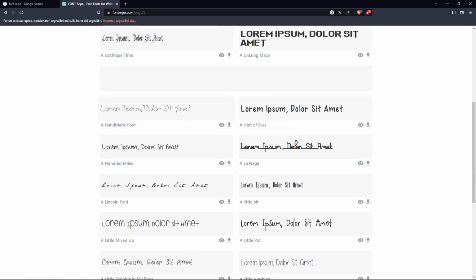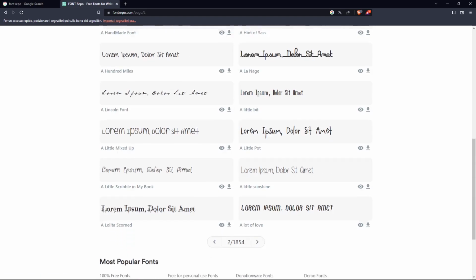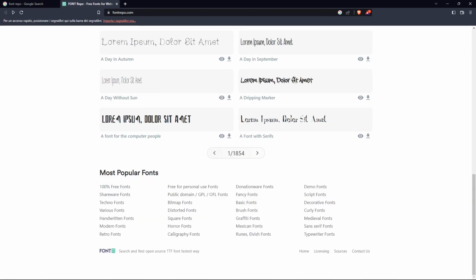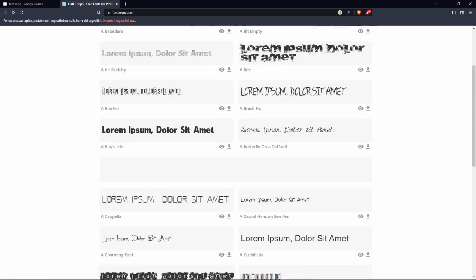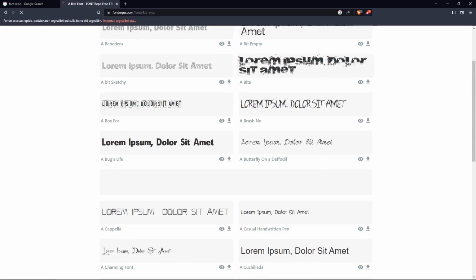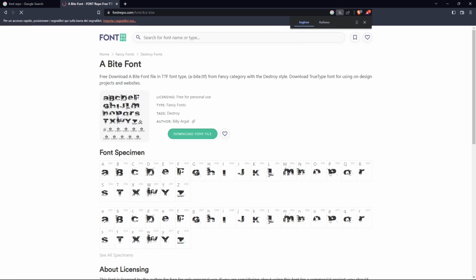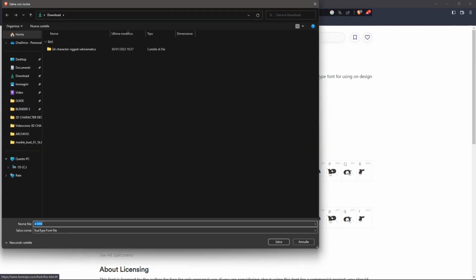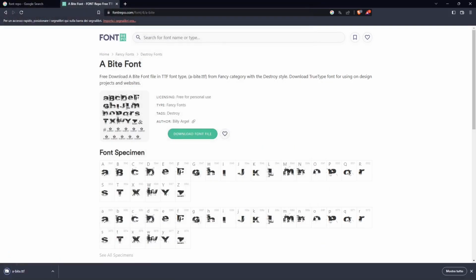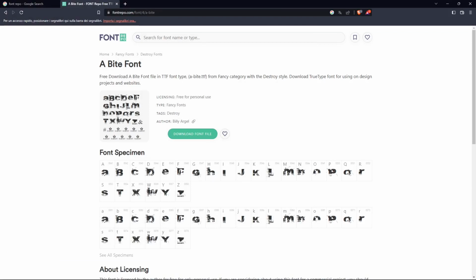But for those of you who are less expert, for those of you who are beginners, we're going to show you how to do it. So first of all, you can select one of these fonts. Let's say, for example, I like this one here. Now, all you need to do here is, again, you don't need to create an account or anything. Just click on the green download button and save the file wherever you want. Now, in this case, I've saved it in the download folder, which is the default folder where I store